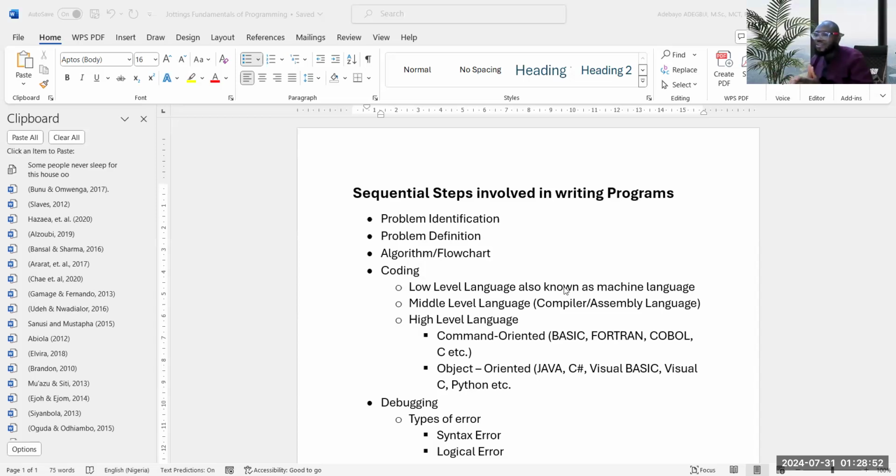I can go further and say I want these numbers to be decimal numbers, not integers, meaning those numbers must have a point. They must have decimals. That is, after the whole number, it must also have a point. Something like 3.65 is a decimal number. But if I say I want it to be integer, it should not have any decimal places. If I'm doing that, immediately you put in the first number, I might need to put in a control to check whether that number is in the right format that I'm expecting.